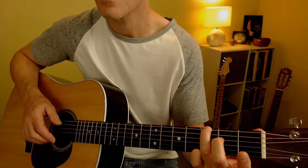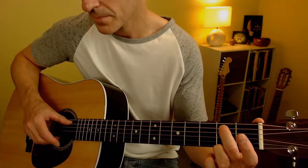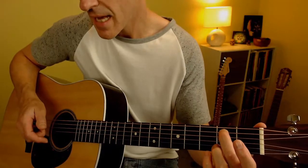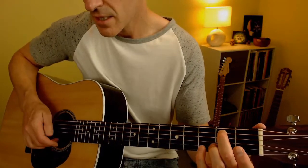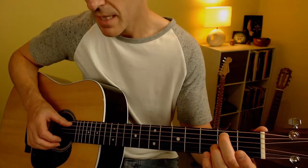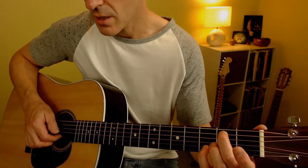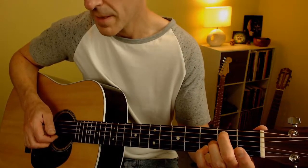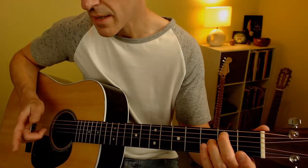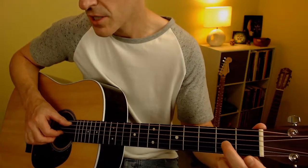Many variations of the song slide a different chord in here. I've chosen to go to a B note. So we play the second fret on the A string and the open E. This is "don't need no ticket." So that's second fret in the bass, open E, third fret on the B string, open B string. "Don't need no," and then you change your bass note to an open A, and you play the second fret on the G string,